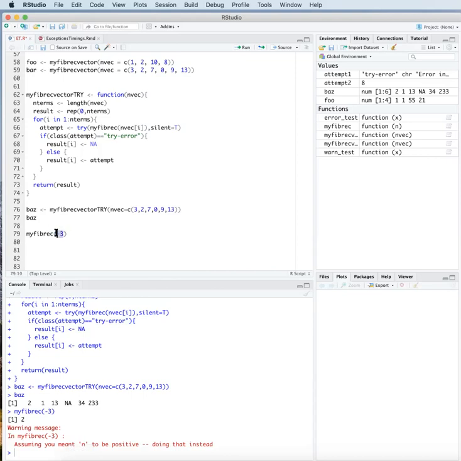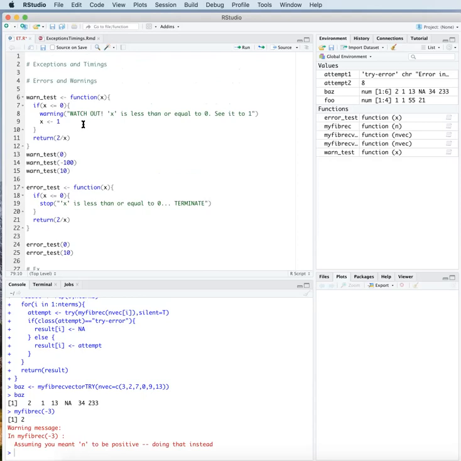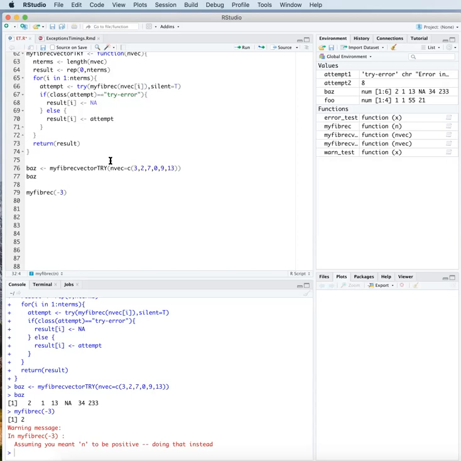For -3, it is still working, because if it is a negative value, it was just converting the value to a positive value in here. If it is -3, it just converted to 3 and ran, but still just threw this warning